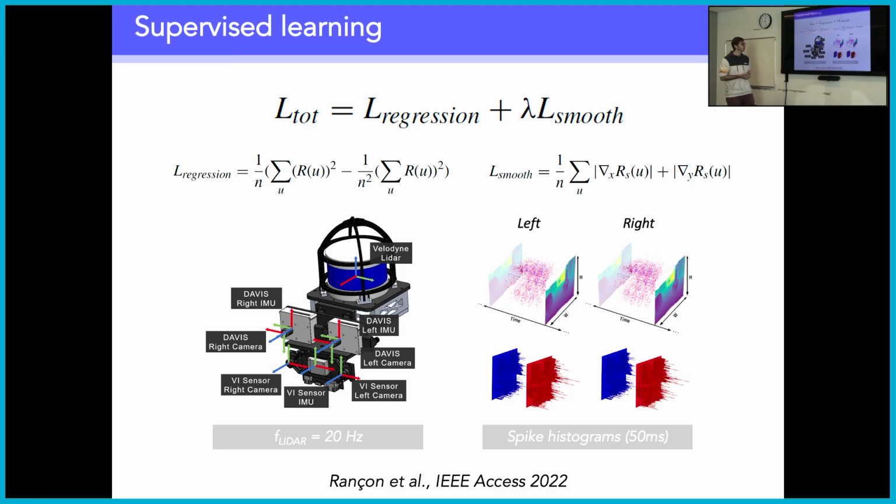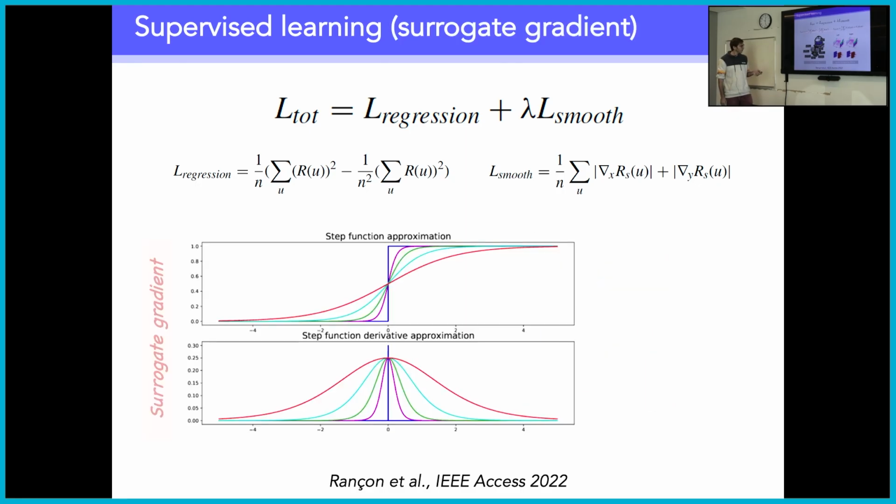We use different time windows actually to test what was the best on the performance. And so I told you at the very beginning of the talk that training spiking neural networks is not very easy, and until quite recently we believed it was challenging because of the step function, the Heaviside function, of the neurons that are used. This is because this function is associated with a derivative that is non-continuous, but you can approximate this Heaviside function with sigmoids, and in this case it's possible to do backpropagation.